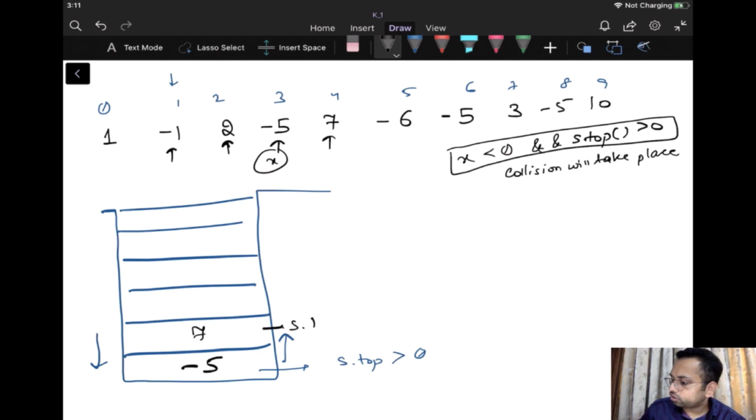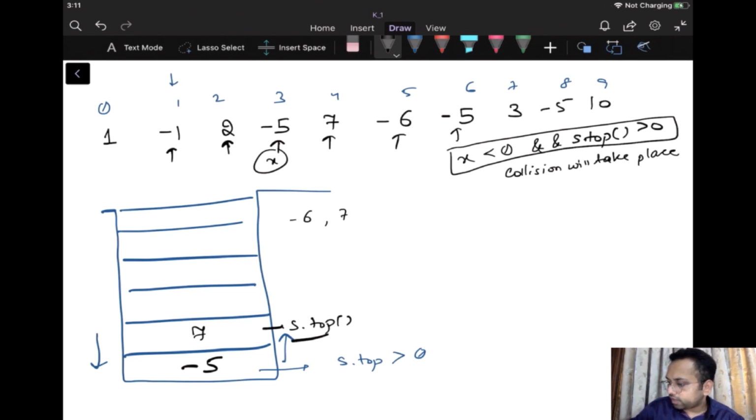Right, so this is at the top now. So this is greater than 0, yes. So this will collide with the other arrows. So we have minus 6. Right, so x is minus 6. So we have collision of minus 6 and 7. Which element will be removed? The minus 6 will be removed. So 7 will remain at its place.